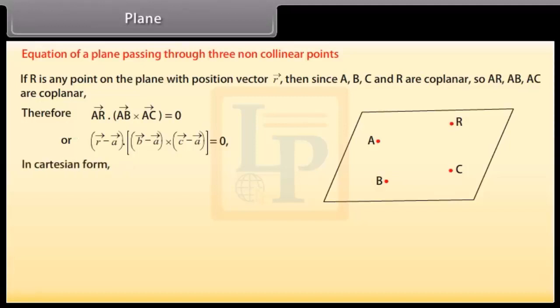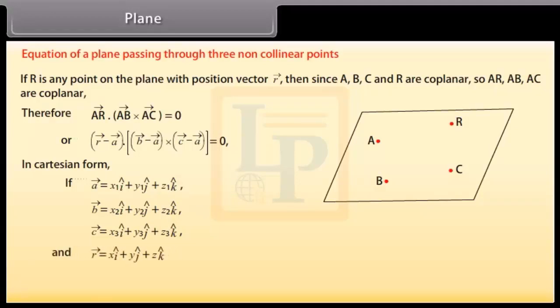In Cartesian form, if vector a equals x1 i cap plus y1 j cap plus z1 k cap, vector b equals x2 i cap plus y2 j cap plus z2 k cap, vector c equals x3 i cap plus y3 j cap plus z3 k cap, and vector r equals x i cap plus y j cap plus z k cap,